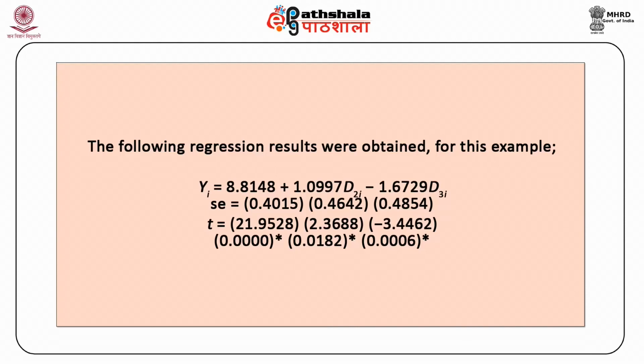Star denotes the p-values. SE gives the standard errors of the benchmark category and the respective differential intercept coefficient for the two dummies, namely marital status and region of residence. The t values of the benchmark category and the respective differential intercept coefficient for the two dummies, namely marital status and region of residence, are represented by t.